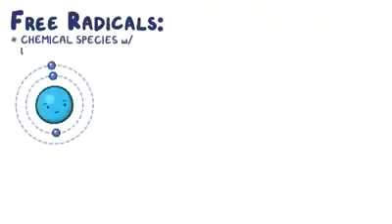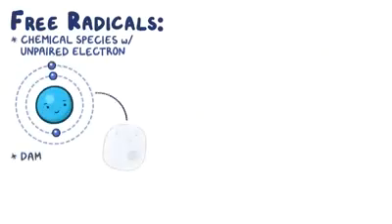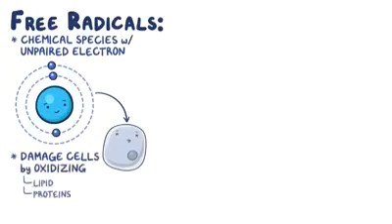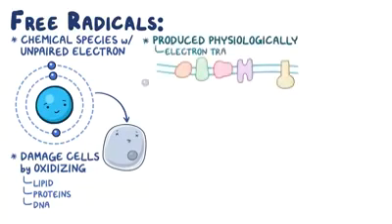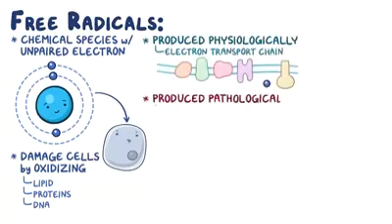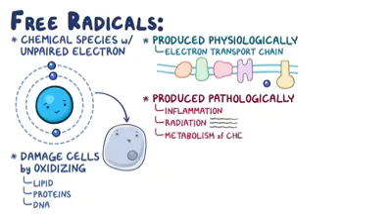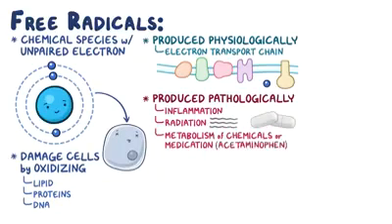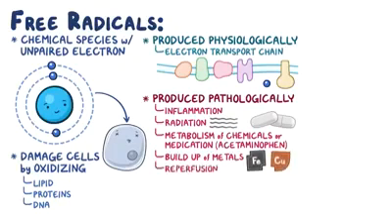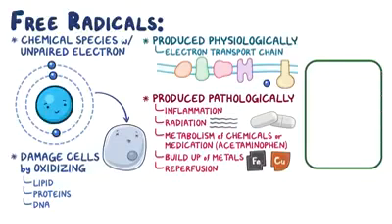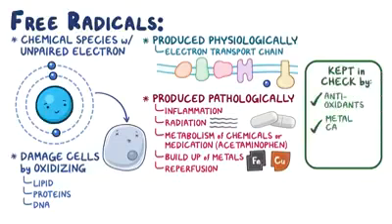Alright, as a quick recap. Free radicals are chemical species with an unpaired electron, which can damage the cells by oxidizing the lipids, proteins, and even the DNA. They're produced in the body physiologically by the electron transport chain, and pathologically during inflammation, exposure to ionizing radiation, metabolism of chemicals or medications like acetaminophen, buildup of metals like iron or copper, and reperfusion of ischemic tissue. Free radicals are normally kept in check by antioxidants, metal carrier proteins, and free radical scavenging enzymes,